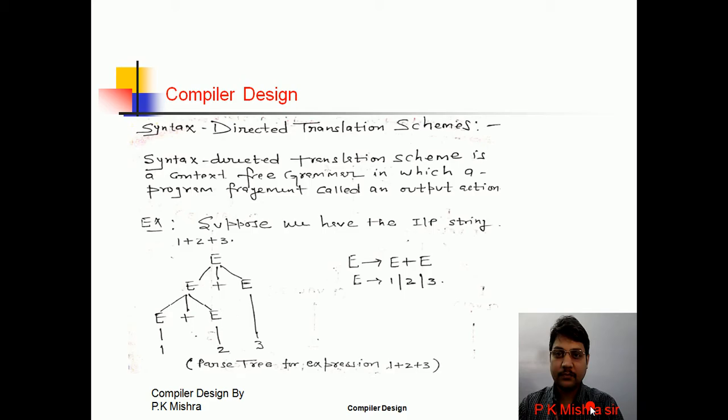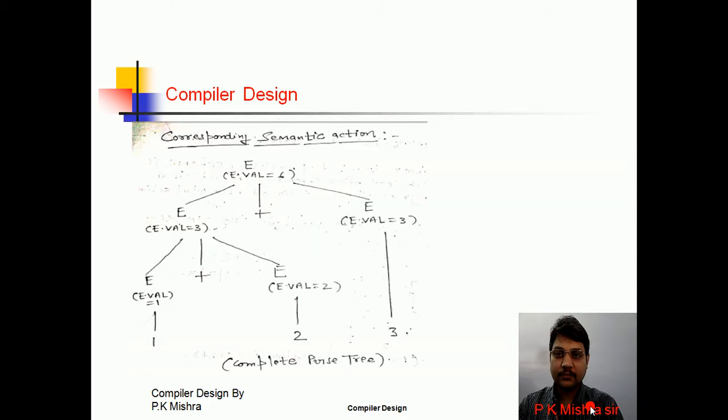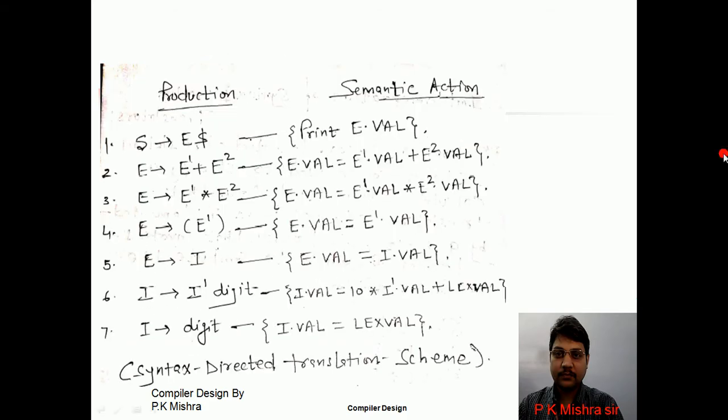When we go to the practical implementation of compiler design, we write the grammar along with some rules, using some informal notation, and this informal notation is called semantic action or semantic rules. So grammar with semantic rule is called SDT. SDT means syntax directed translation scheme. For example, this is the grammar for a desk calculator, and this is the semantic action or semantic rule.